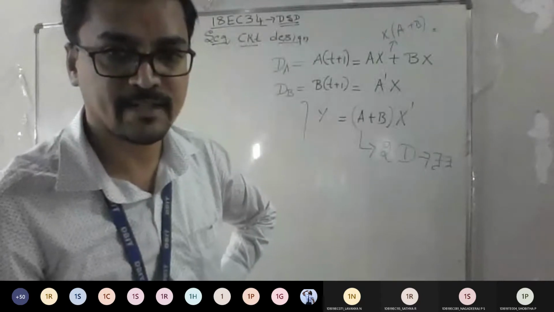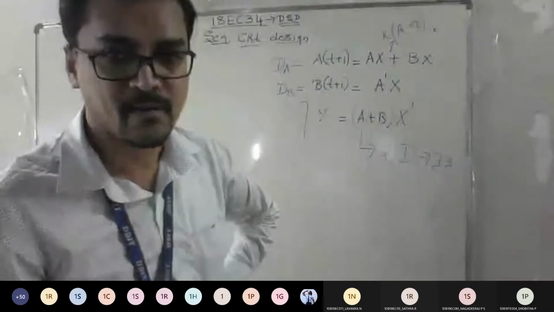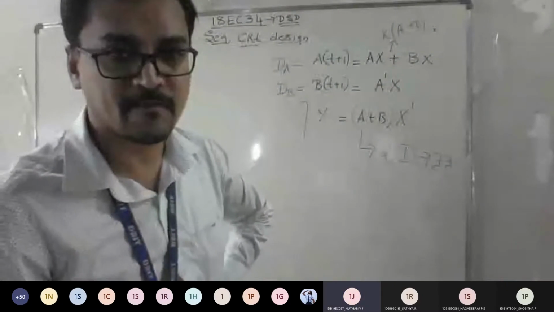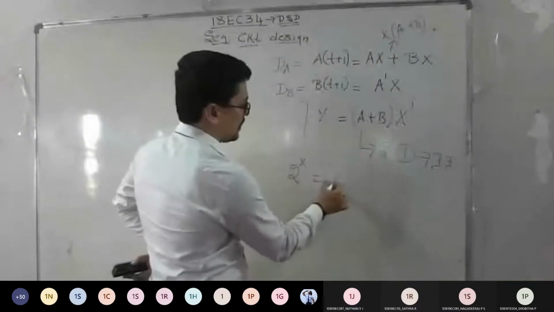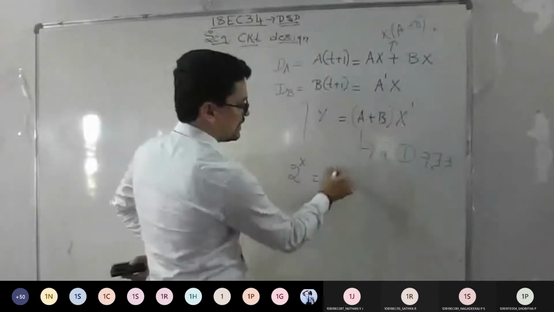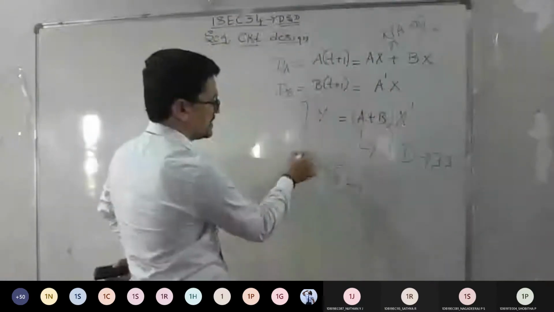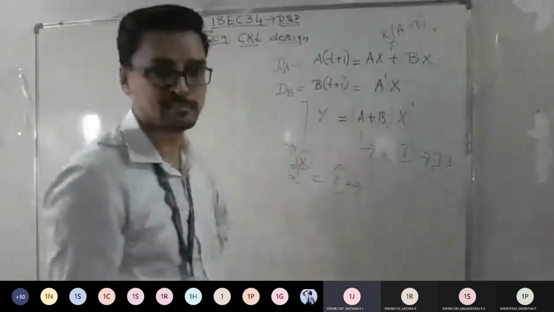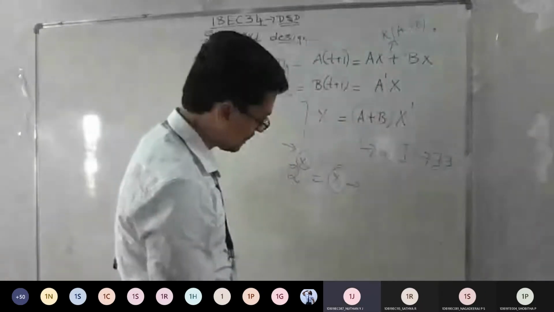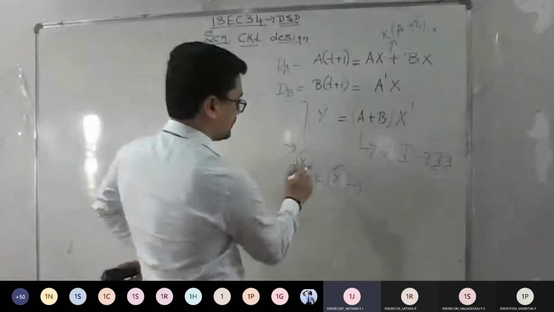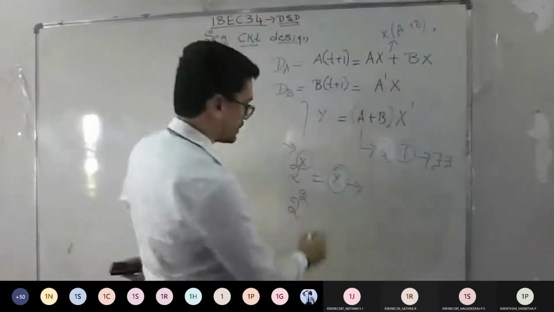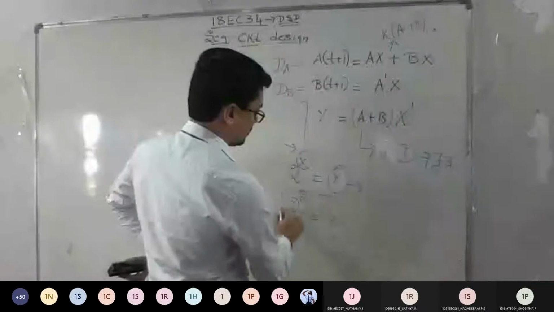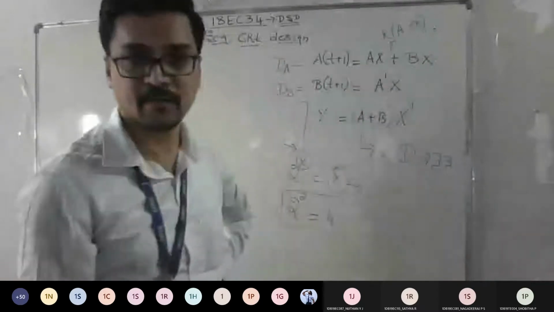2 power x equals y. X is the number of flip-flops and Y is the number of states. So if you take x as the number of flip-flops, 2 squared, you get the number of states as 4. Very good. I hope you remember this, right, everyone?